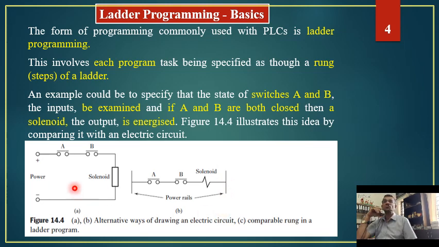That is negative. Then this switch A is mentioned over here, switch B is mentioned over here, and the solenoid or the load is mentioned over here as a solenoid, represented as a resistance in the circuit. Okay, so these two vertical lines are called power rails. So power rails has two components, one is the positive power rail, the other is the negative power rail, and all other circuit which is connecting this positive rail to the negative rail, that is called a rung.